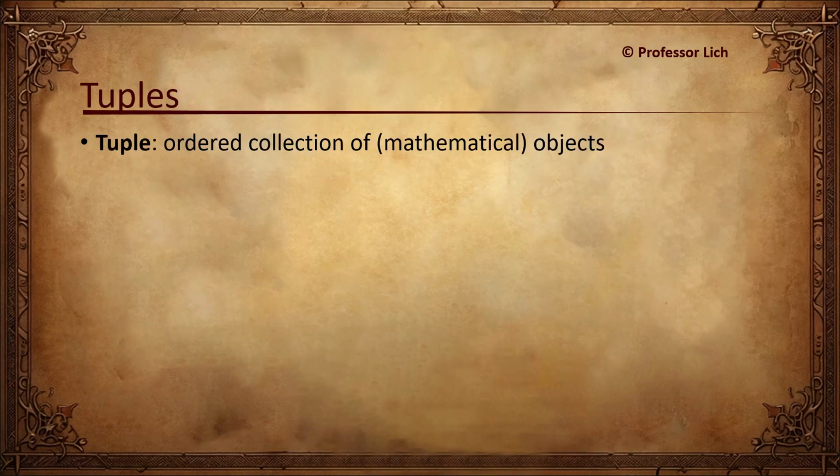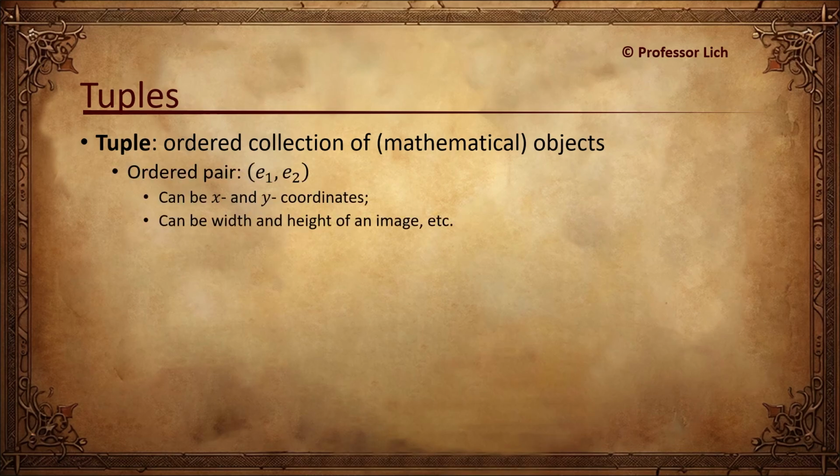Everyone's familiar with the notion of sets in basic maths. Tuples are essentially sets where you cannot change the order of elements. Consider, for example, an ordered pair. In general, you can't just swap the width and height of the image, right? Unless it's a square or whatever. But the order matters.